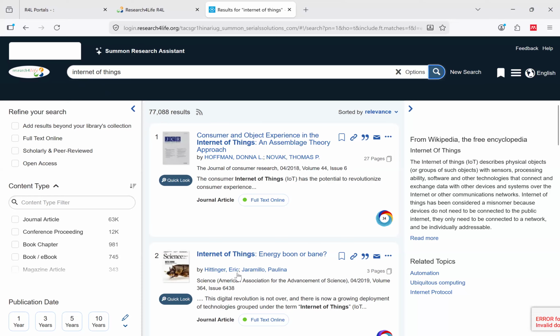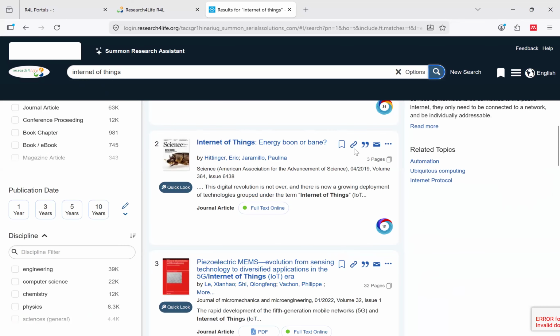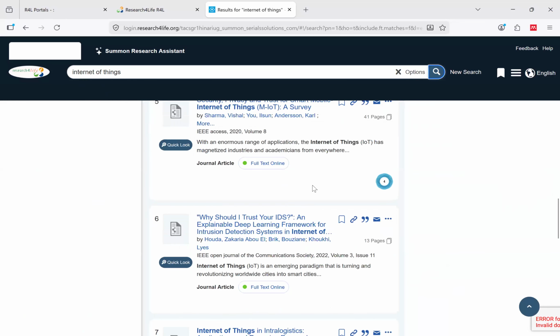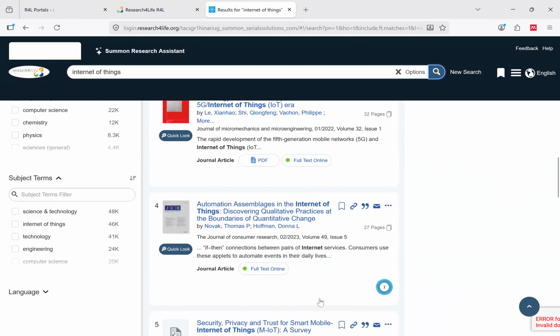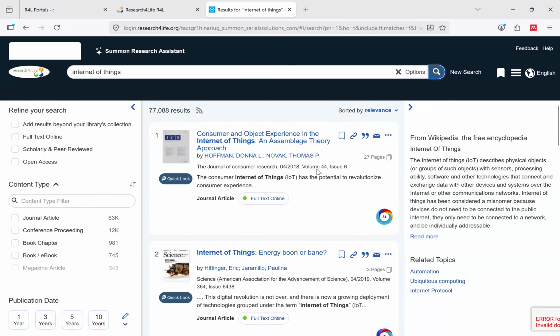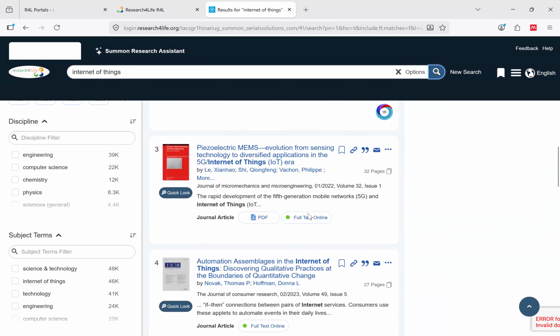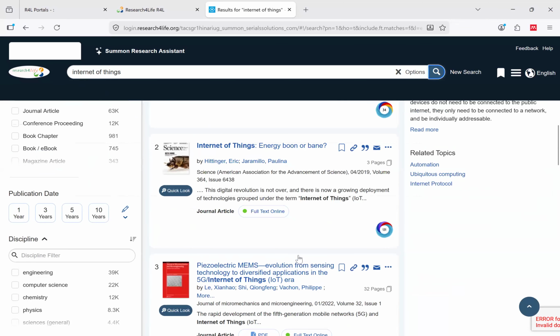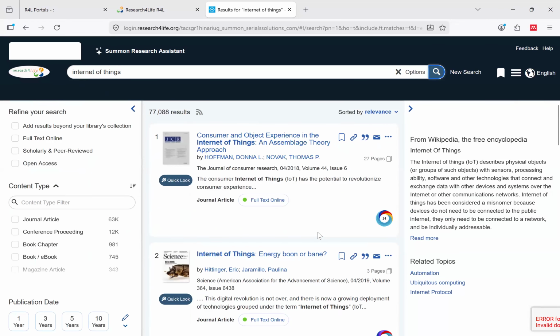This is a journal article. This is also a journal article. When you scroll, remember this is a portal, not a database. Being a portal, articles are going to come from different publishers, and by that, they are going to display differently.